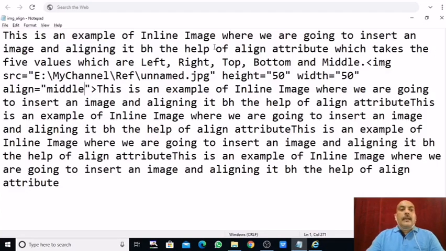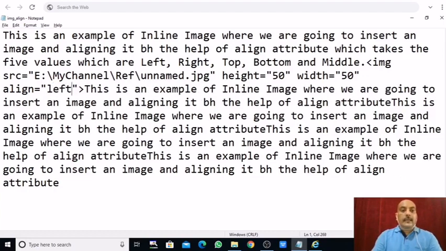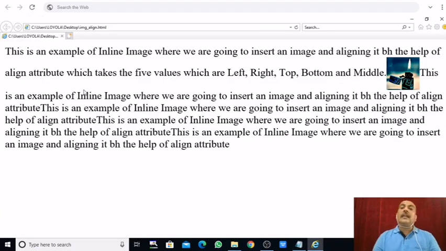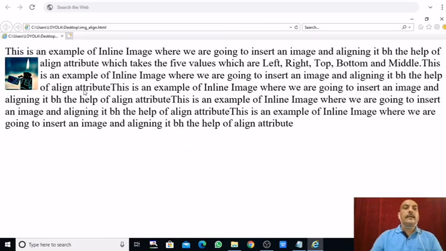Then there are two more values, left and right. If you write left, then it will align to the left of the margin, right? So here see, in that line only it aligned itself to the left of the margin.